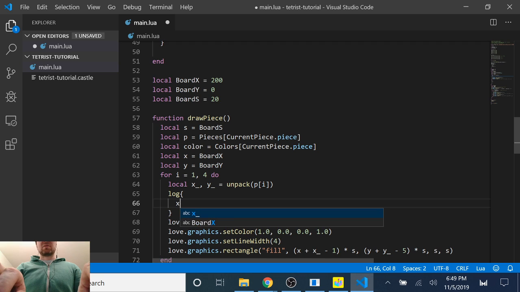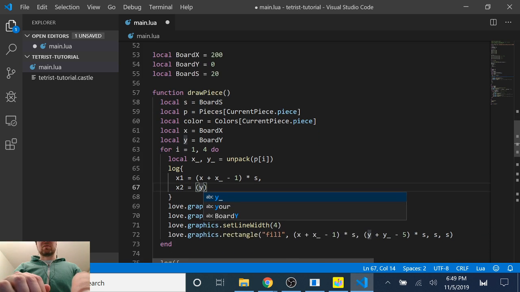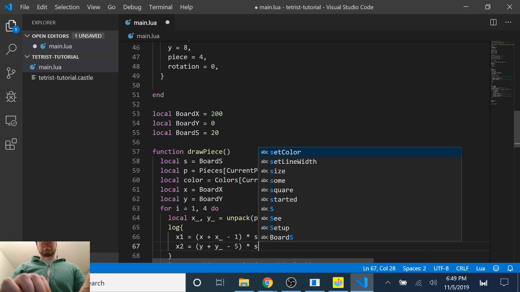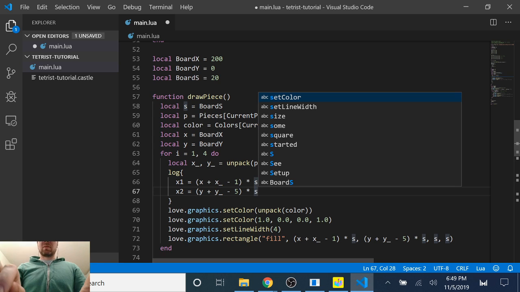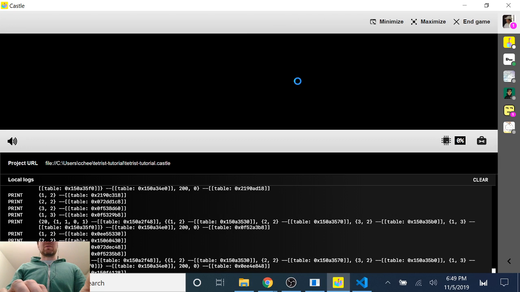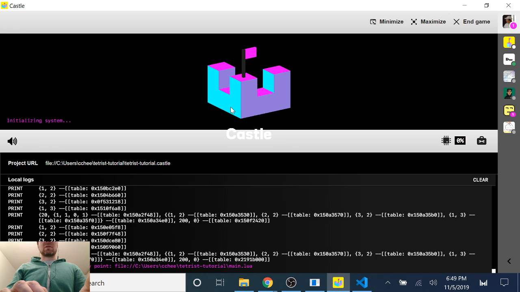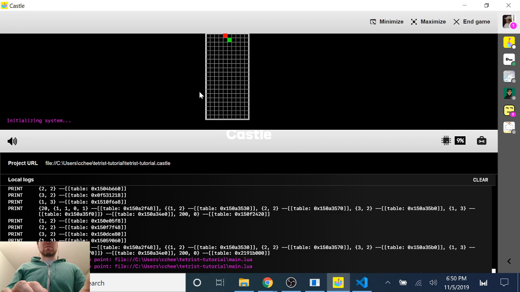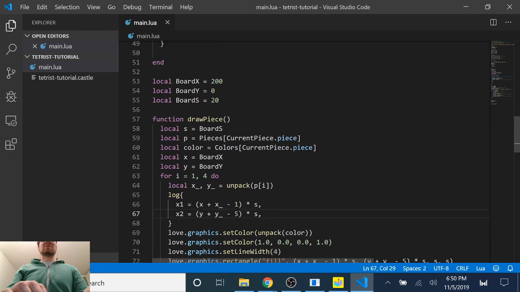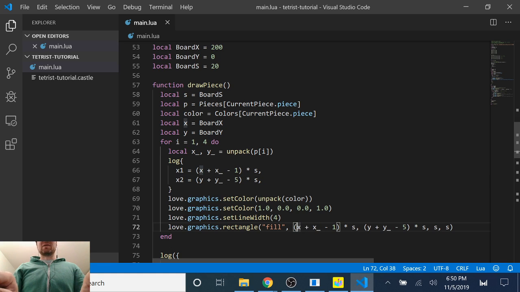Let's see. X1 equals x plus x times s. X2 equals y. And let's see what happens there. Why is this not getting drawn? X1 is 4,000 for some reason, which is crazy. Oh, I think it's because, yeah, I need to not be adding that there. I need to be doing x plus that, and